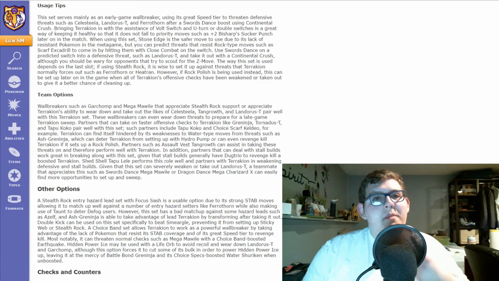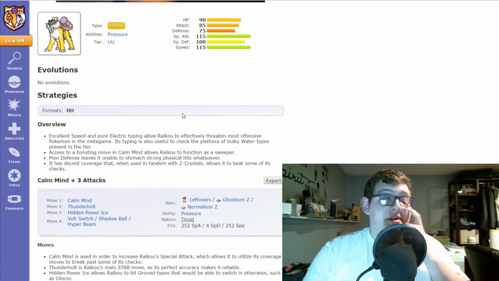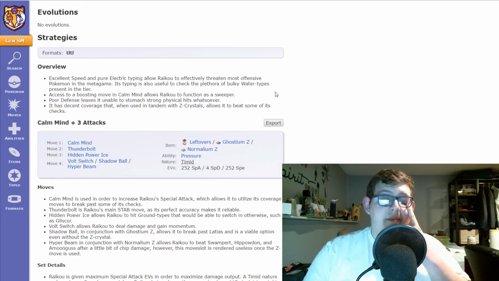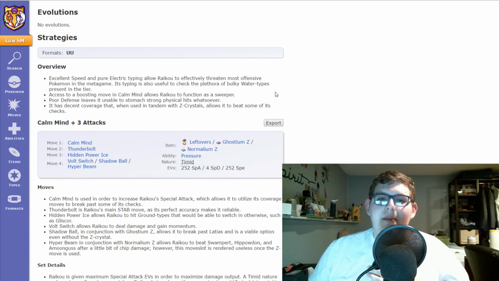My tier 2 pick was Raikou. I needed a fast electric type, and this is one of the ones that was left. Base 115 speed, base 115 special attack, great special defense, could be a great special wall with an assault vest. Subpar defense, subpar attack, decent HP. The Calm Mind set, Sub Calm Mind, is one of the best sets in the Draft League format, in my opinion. Especially for this,